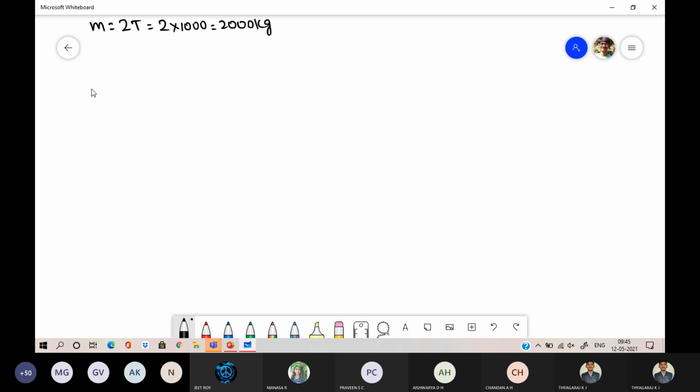Okay. Then what else have they given? They have given the A value, that is 3 meter per second square. Then they have given the speed, it is 10 kmph. So we have to assume that up to 30 kmph the speed will be there. So this is an assumption. I'm marking this one, assumption.